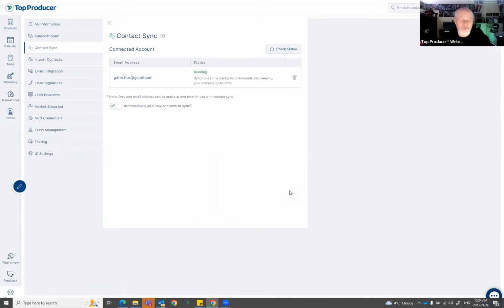Yeah, that's a great point. One of the things we like to remind folks of, if you're trying to import your contacts in, it is best to do that first, because I like to refer to it as a brute force insertion. Any imports are going to go directly into your Top Producer, and they're not going to be checked for duplicates, whereas our sync actually has a good duplicate check. So do the import first and then do the contact sync. So it'll make sure both of them are lined up and able to see everything going both ways.